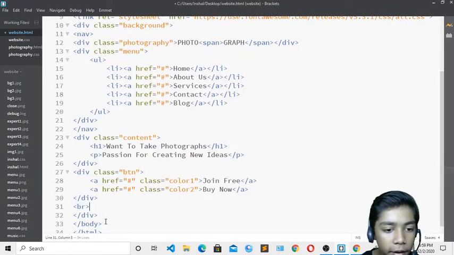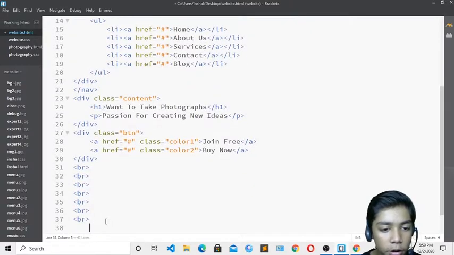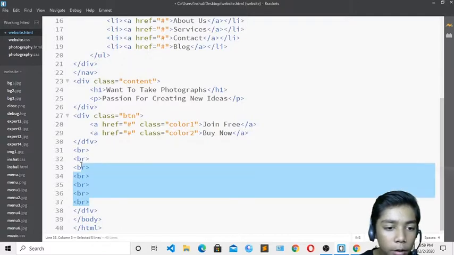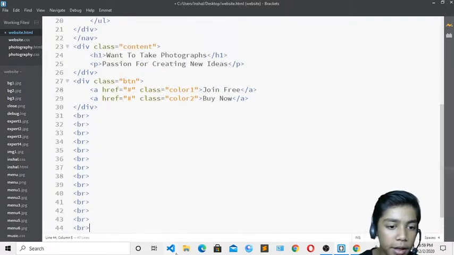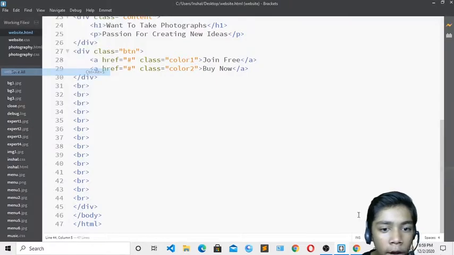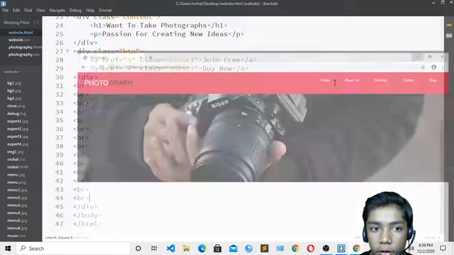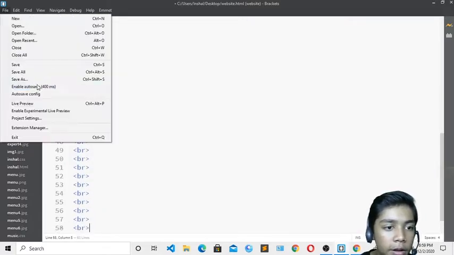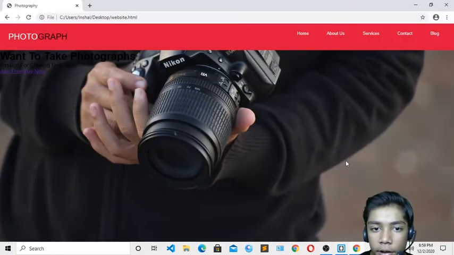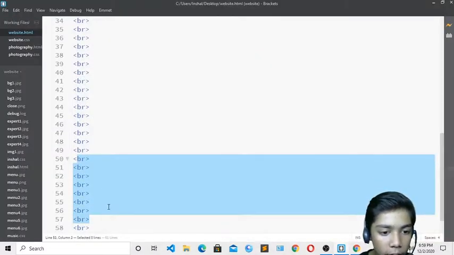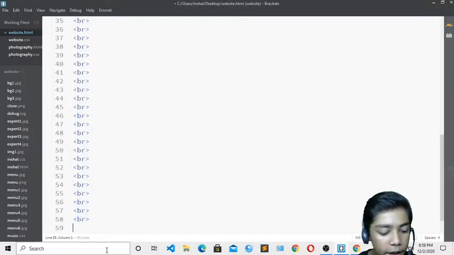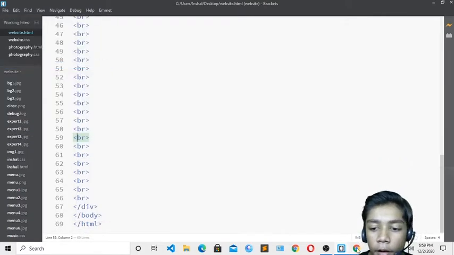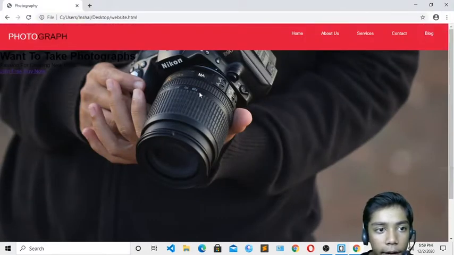Copy that and paste many times. You just have to paste that because we have to change it again and again. So I will copy all these BR tags, paste that. Now just save, and now if I show you, it is looking like that. Copy all these again, and paste it one more time. Save, and now I will copy this again and paste that all over here. I will write another BR tag over here. Save, and now here you can see we also have a scrolling effect.